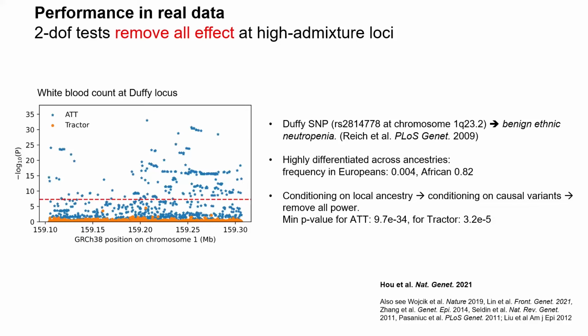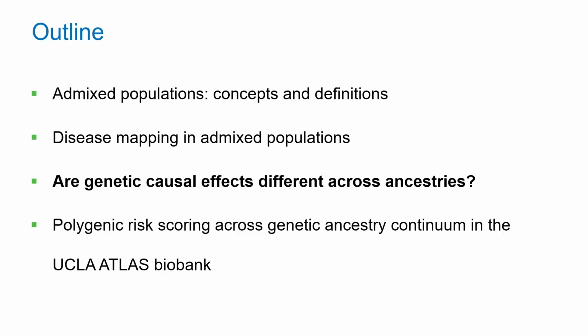And this is a well-known causal allele that causes a condition that has been labeled by clinicians as benign ethnic neutropenia, which in non-medical terms means that the neutrophil count is one standard deviation lower than the expectation, but it doesn't cause anything. So that's why it's benign. So clinicians know that that's what's happening. This mutation causes this. And you see that by conditioning on local ancestry, you completely miss the signal, which is what you would expect, simply because local ancestry tags perfectly the association signal.